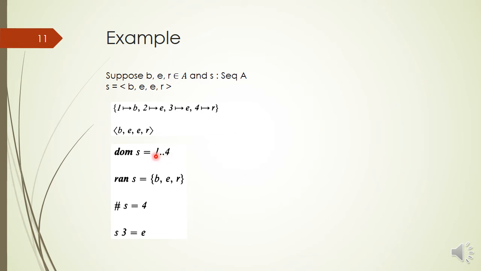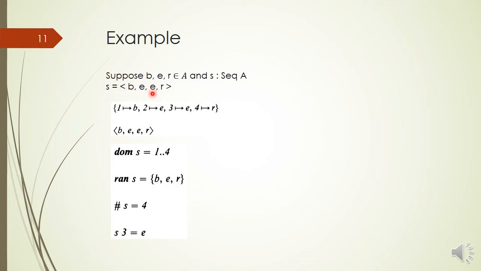So these are consecutive integers starting from 1 to the size of that sequence. And whenever we get the range of sequence S, we will get the set of elements appearing in sequence S.